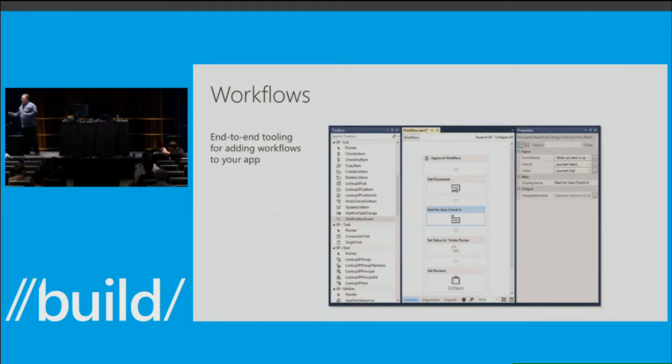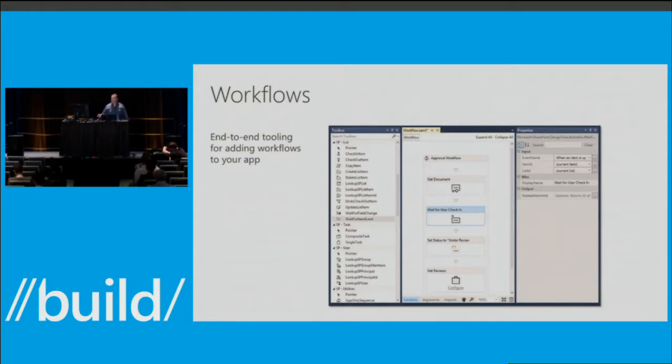We've got different kinds of templates. You can debug workflows graphically by stepping through. So we have a great workflow experience, but it's a lot to learn, so I'm not going to touch on that today. I'm specifically going to call that out. It would need a whole session on its own to do it justice, to be honest. There are some good articles and videos up on Channel 9 that could help you with that if you need,